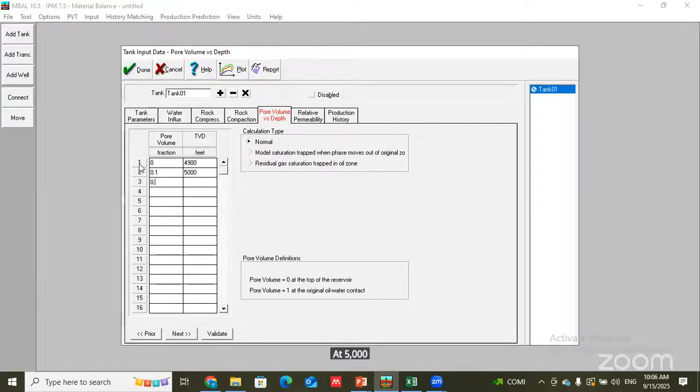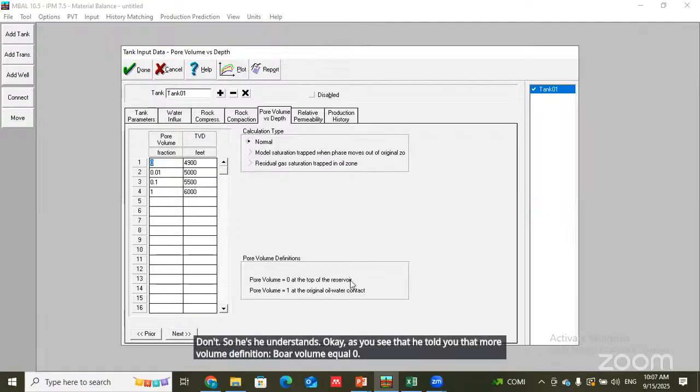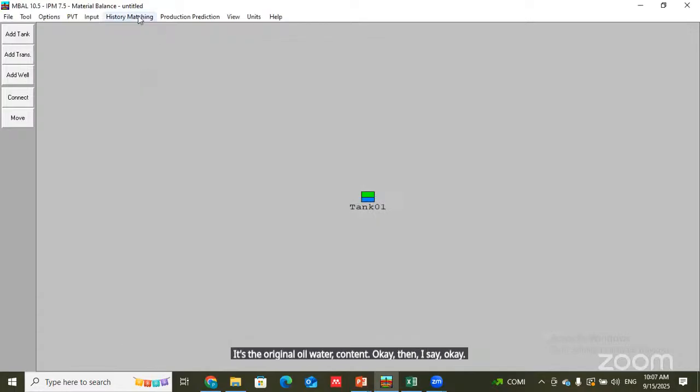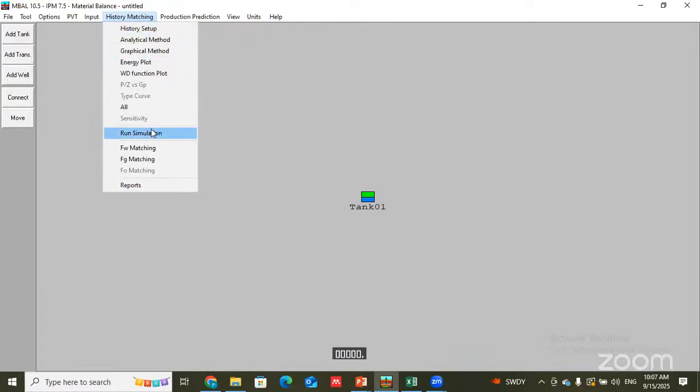Then 0.1, and 1 at the water oil contact, which is 6,000. Done. So you understand, as you see, pore volume definition: pore volume equals 0 at the top of the reservoir, and pore volume equals 1 at the original oil water contact. Then I say okay, and then after doing a history matching,